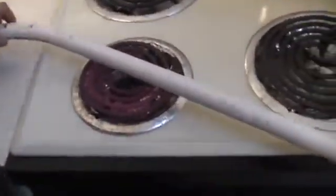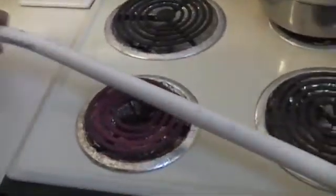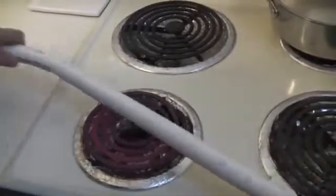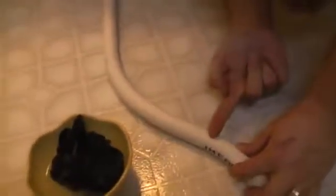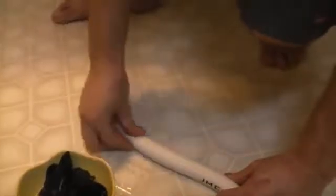Now what you want to do is heat up this section between here and here. Once you've heated that up, you want to bend it, and I'll show you how to bend it once this is nice and pliable. When it's nice and pliable, you want to bring it back approximately 4 inches. You can see you want this part to be back about 4 inches from the center of the handle here. So you want to make sure it's nice and flat and straight,